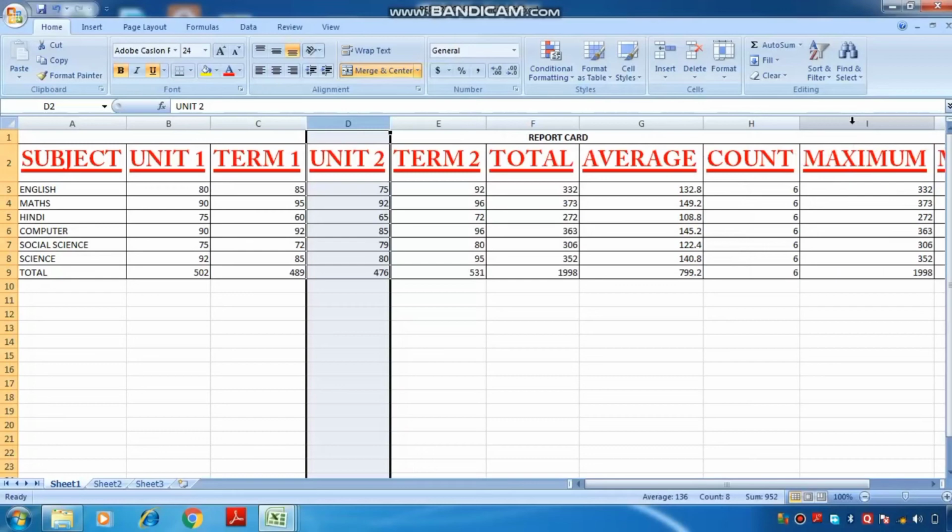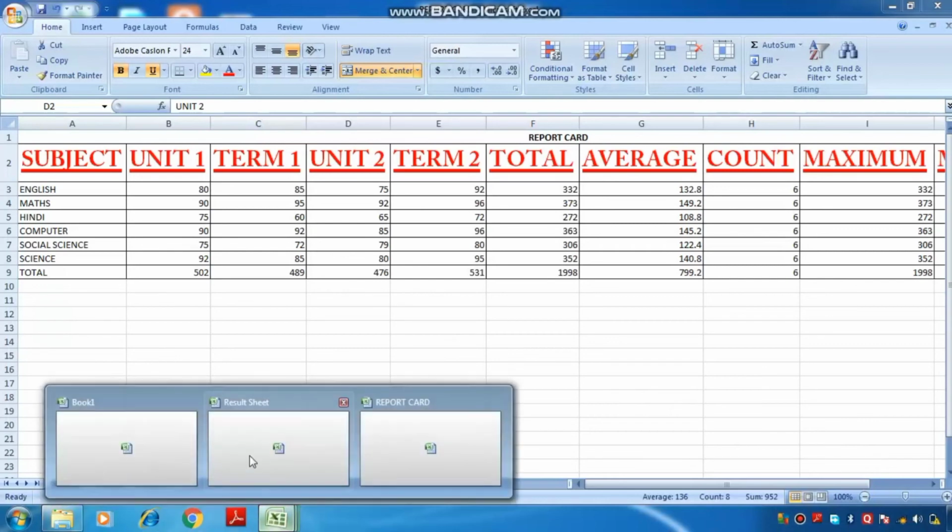Now the next is applying the cell borders. So what is a border? A border is the outline that makes your sheet or your text more attractive. For this we have to perform such operations. First we have to select the cell in the worksheet whose border style has to be changed. So suppose I want to change the border of